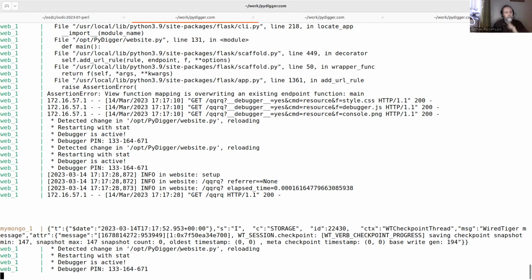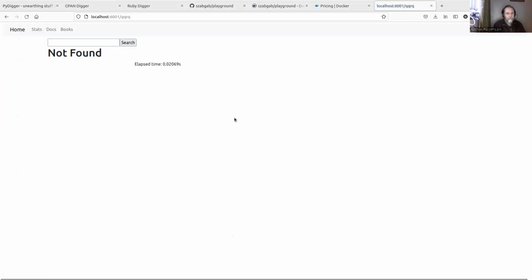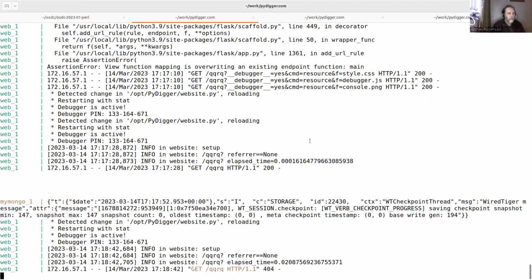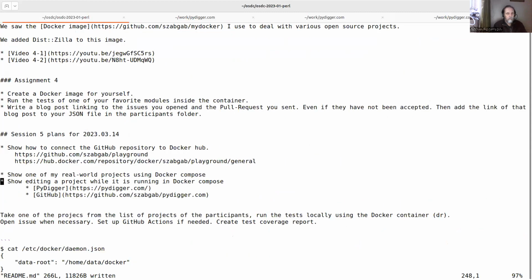I've got Plack running in the background here doing some work. So, okay, this is basically the same. It's no difference. And then obviously, if I reload now, it will say not found because I removed that route. So that's what I wanted to show in this item, editing a project while it's running in